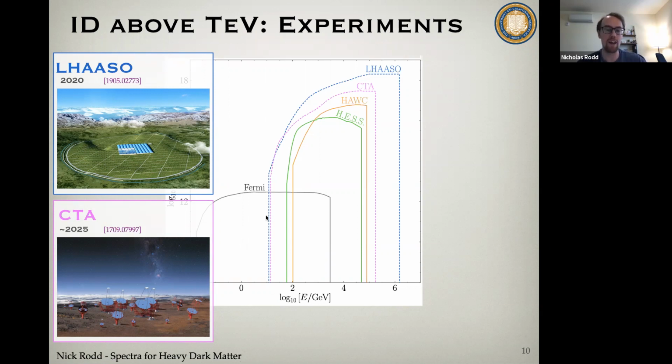It can go to lower energies, it can go to higher energies, and it just has a better exposure all the way across. And actually, the LHAASO experiment is already partially constructed. My understanding is that as of late 2019, it was collecting data. I haven't seen any public works using that data set yet, or any details of it. I just heard about this at a conference. But LHAASO is already collecting data, so we could expect more from that in the near future.